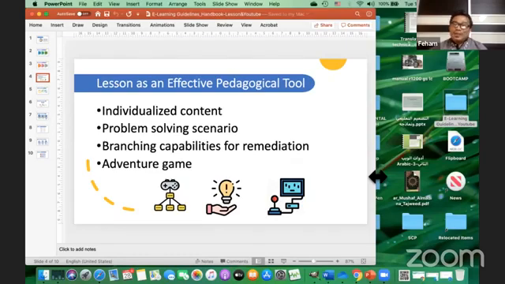We'll go through the simplest way of using the lesson module: just linear content, presenting content in a linear form, and then for every station there is an activity presented to our student to be completed.